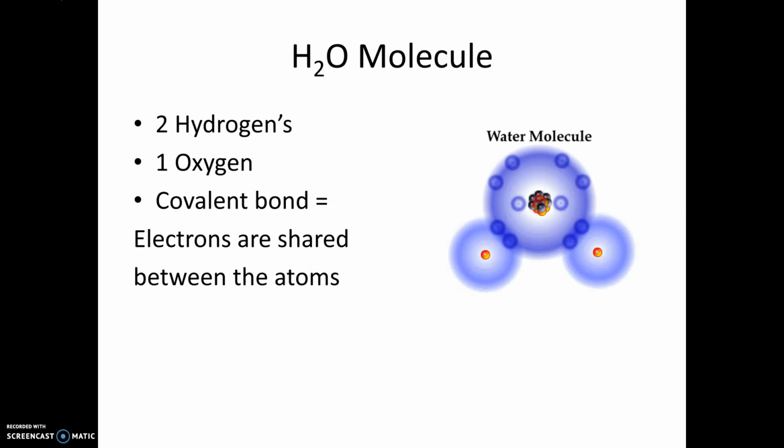So let's talk about our water molecule itself. It is made up of 2 hydrogens and 1 oxygen. And we can see that over here. Our oxygen is going to be our larger atom, and we have our 2 hydrogens on the side. And these are all connected by what we call covalent bonds. What that means is that we can see that these electrons here are going to be shared between the atoms in the molecule. So our hydrogens and our oxygen share these 2 electrons to balance out these compounds here.